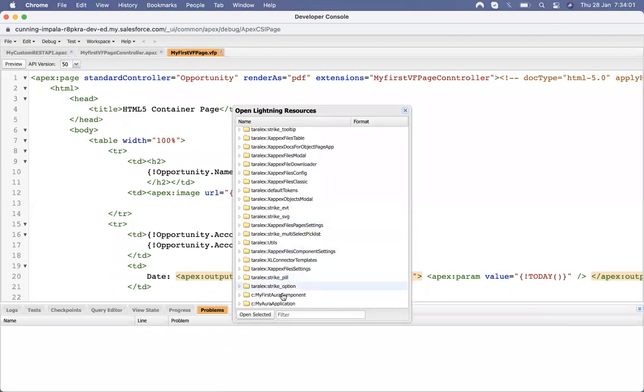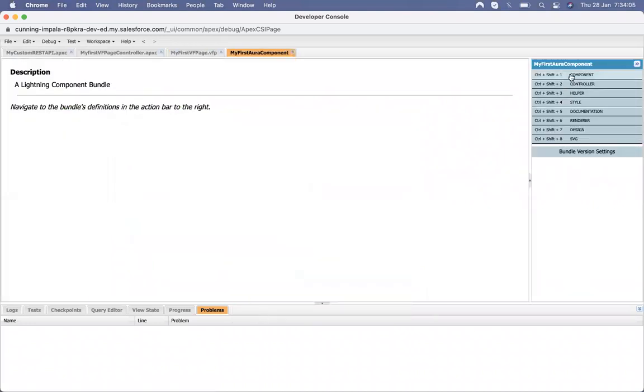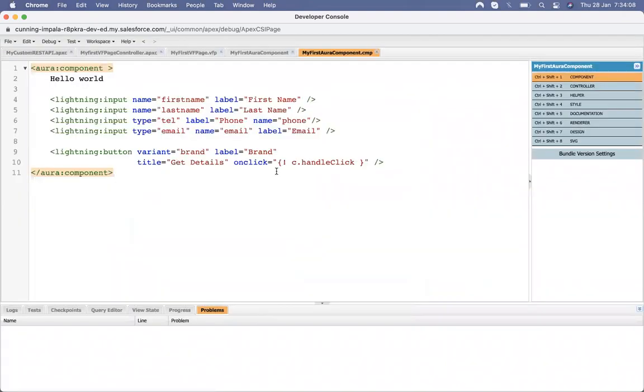In that resource, here's my first component.